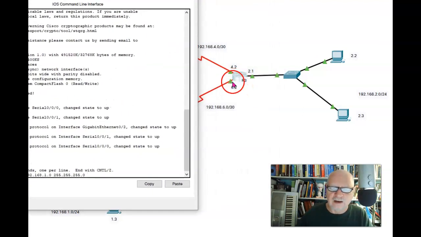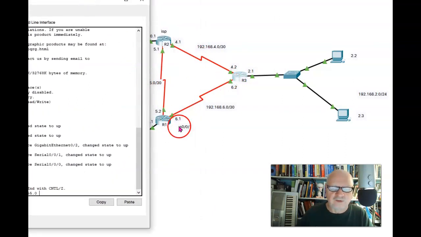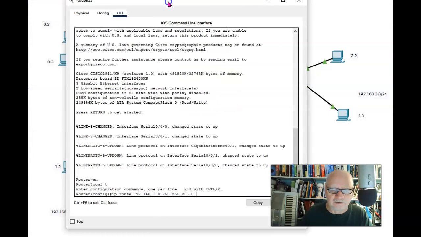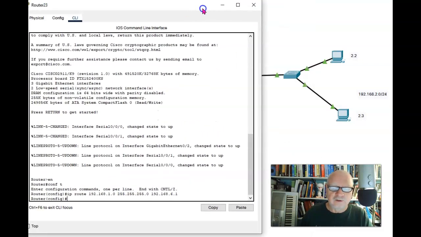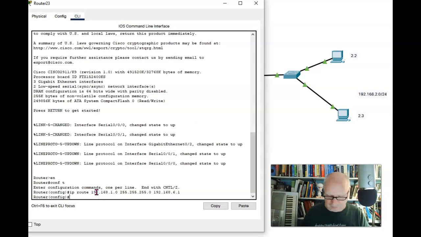Rather than saying out of this interface, whatever that interface is, I'm going to say send it to this IP address, 192.168.6.1. And you can do it either way. Both ways work. So let's take a look now at this routing table.